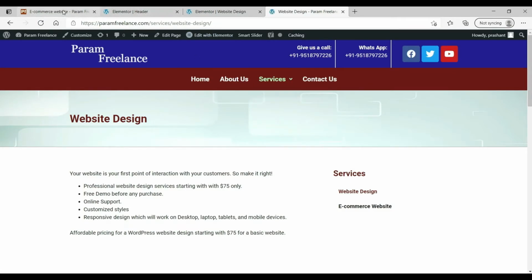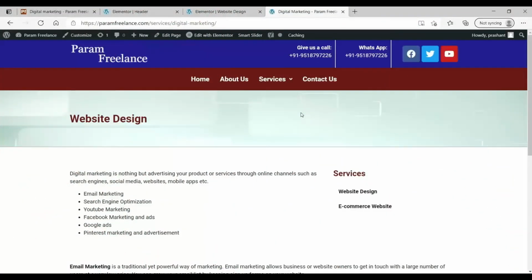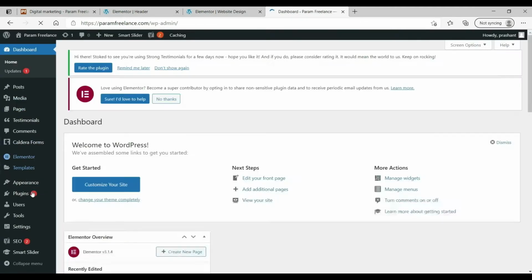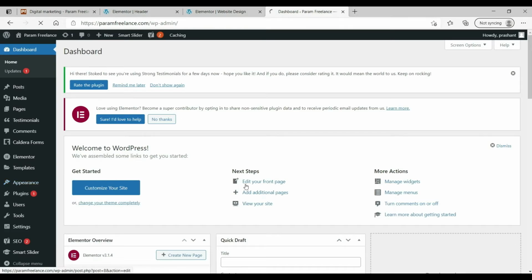So similarly, you can go ahead and add the other two services. You can add as many drop down pages or services to your website as you like. So let me pause the video and add the services, and then I'll come back. All right, so I'm back and I have all the services pages ready. Let me go ahead and add the pages to the menu. So go to dashboard, then appearance, then go to menus.